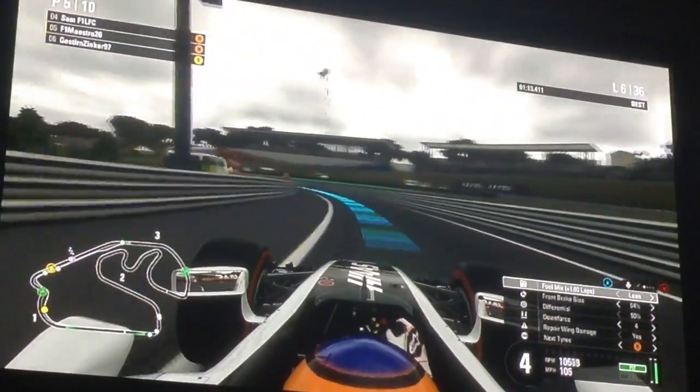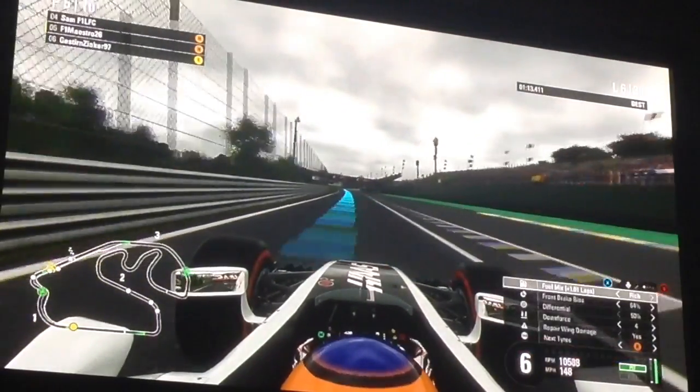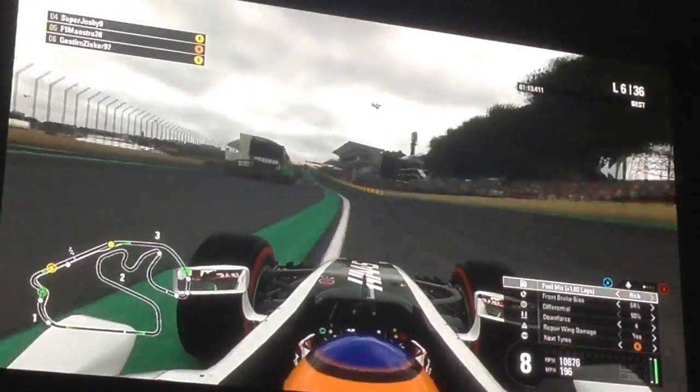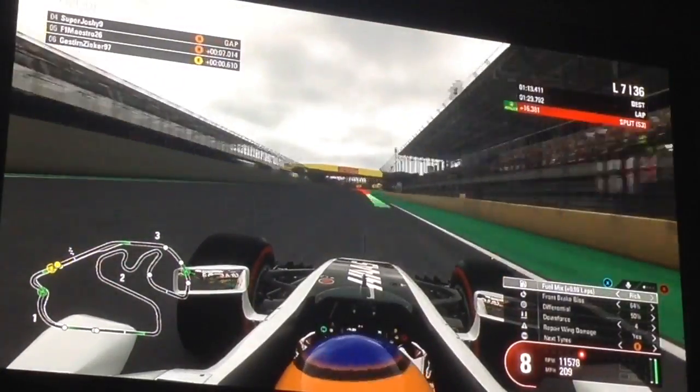track is a bit glitchy. If you touch the wall on the pit exit around this track, basically your wheel falls off. So you need to be very careful with that. But we've managed to negotiate it nicely, and Sinan has actually got onto the soft, so he's clearly going for a 3-stop. But at this point I was thinking that's not the quickest strategy, but I don't want him to